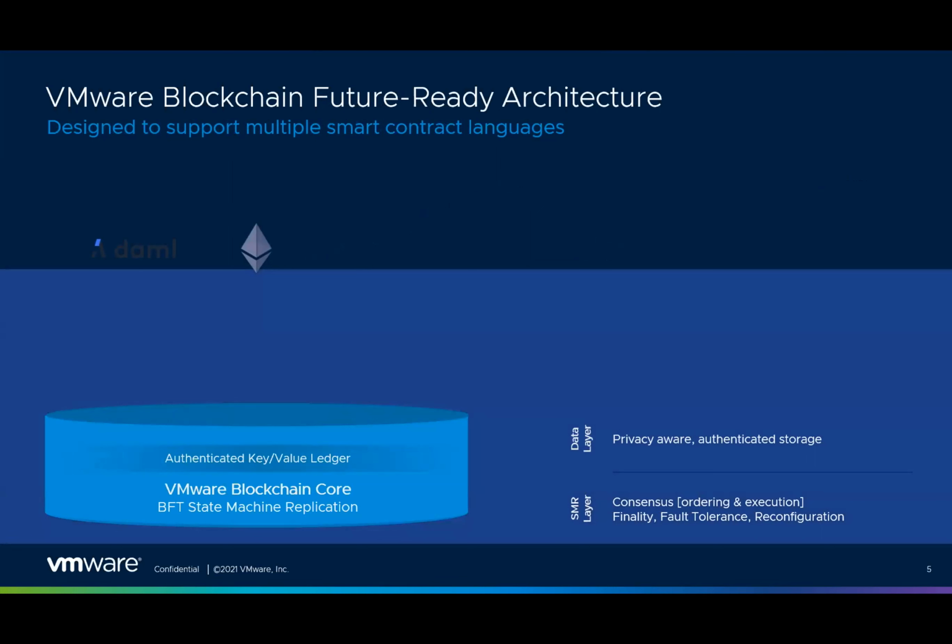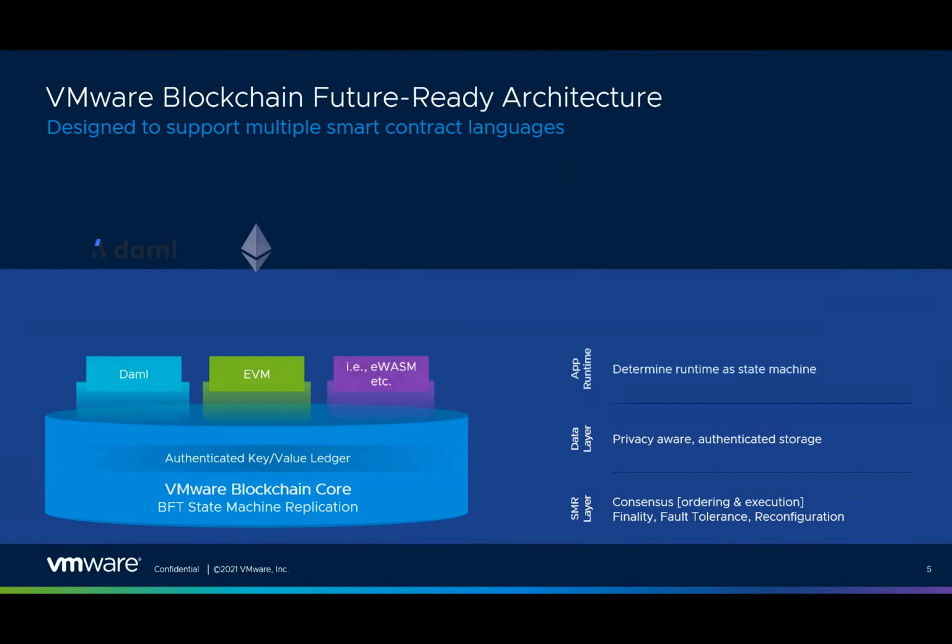First, let's start with the foundational layer. This layer has all the cool blockchain technology: the cryptography, the consensus mechanisms, the performance enhancements, and privacy features. Then we have the layer that abstracts away the complexity and enables multiple smart contracts to be run on the same blockchain. And importantly, multiple smart contract languages such as DAML and Solidity for Ethereum, of course, can be supported